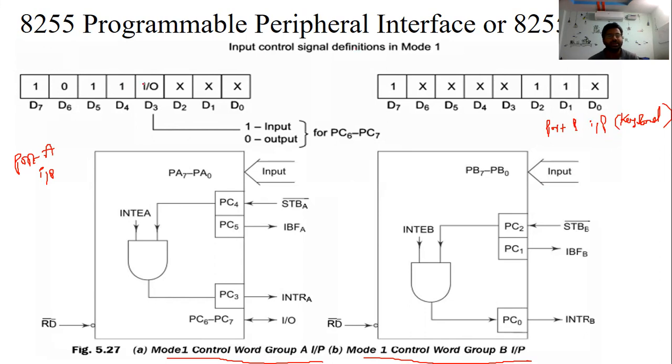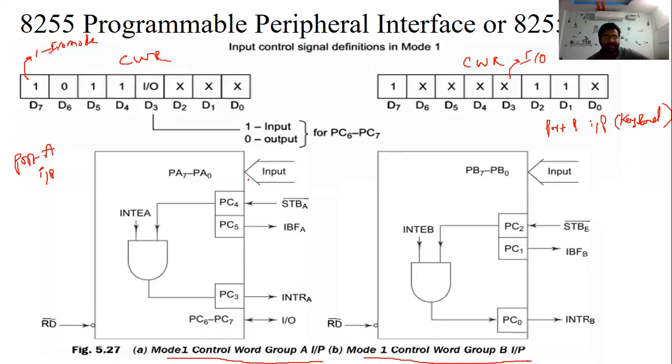So these are the CWRs for this mode. Now see this, in this 8-bit word, this bit is one, which means I/O mode. The D3 bit is either 1 for input port or 0 for output port. The don't care condition is nothing but either 1 or 0. Okay, so these are the CWRs. Remember, we must write this.